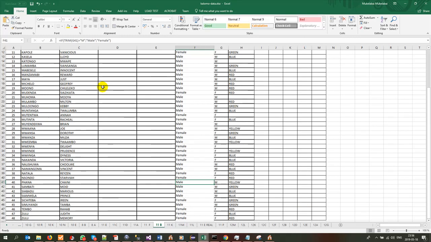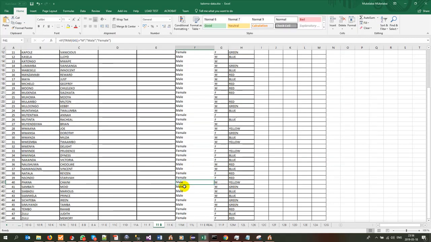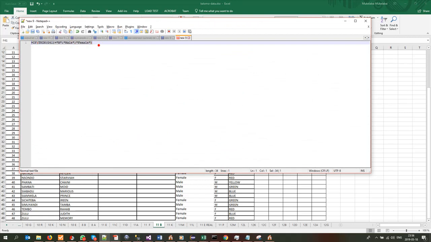Escape. So I want to copy the formula, and maybe let me paste it into some, because I know sometimes Excel misbehaves. Just escape there. Let's copy this and